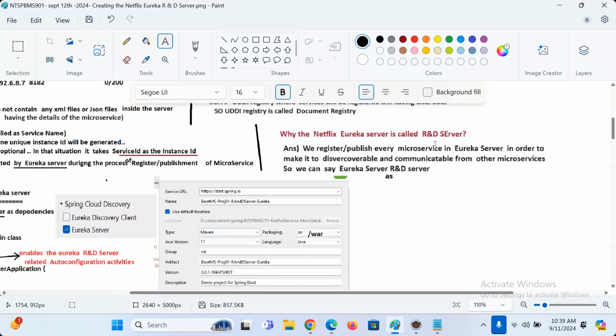Every microservice we register with Eureka server in order to make it discoverable for other microservices. So we register so that they can be discovered. That's the reason it is called R&D server. Convinced, boss?